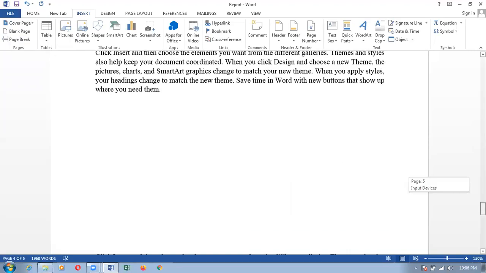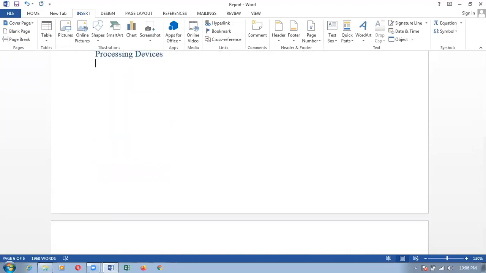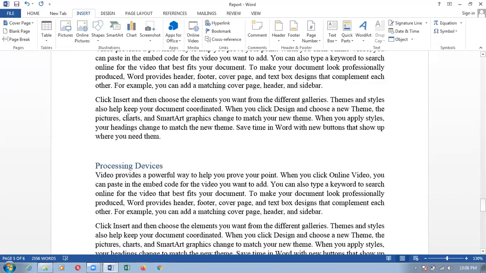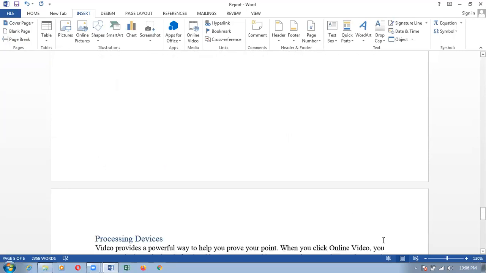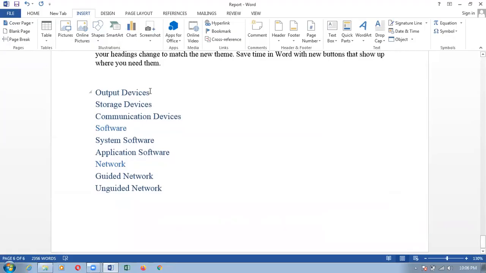Now again, the page break has happened. Same I'll do for the processing devices. I'll press Enter, Control V, and then I'll go over here and I'll press what? Control Enter. Again, I'll be doing the same thing for the output devices, bringing my cursor at the end